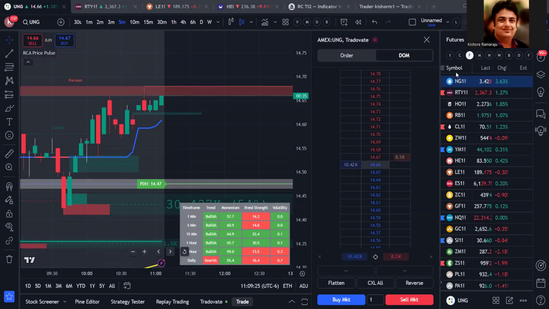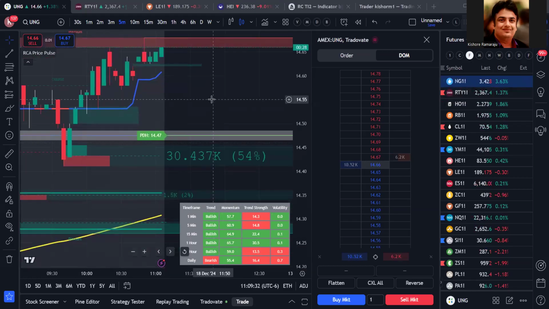So at the same time, you are making money with futures. You can buy the stock, you can make money. You can buy the option calls, you can make money. Only thing is you understand the concept, right? Once you understand, okay, a lot of big companies are buying. My line is blue, my trend is green, my momentum is green. Strength is a little less in smaller time frames, but that's fine